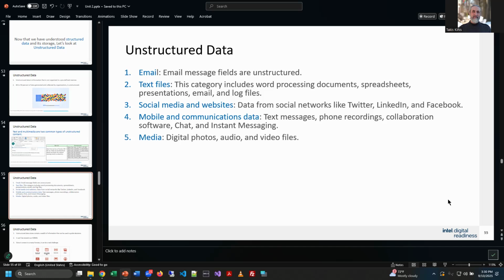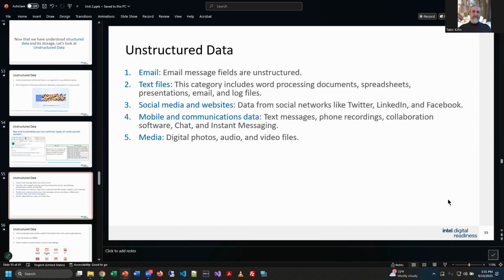Examples of unstructured data. Email message fields, meaning the text inside of an email, unstructured, right? Text files, like when you look inside a word processing document. A lot of times people type stuff into spreadsheets and don't really label it well. You make a PowerPoint, or the log file output from your server, whatever, those are unstructured.